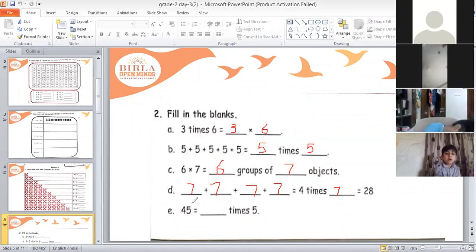Now last bit is 45 equal to dash times 5. Okay, this you don't know because you haven't learned this table. Right, so write here 9. I'll tell you later on why we are writing here 9. In the last bit, write here 9. Because if we will repeat 5, sorry, if we are repeating